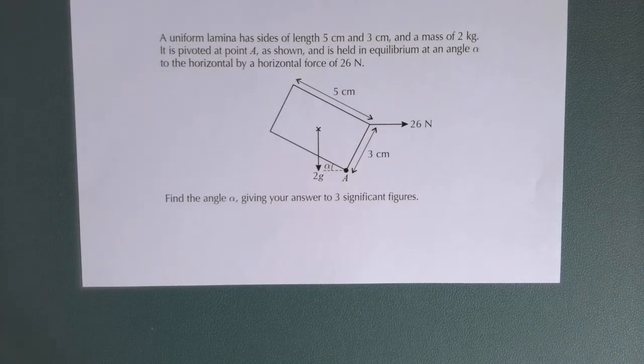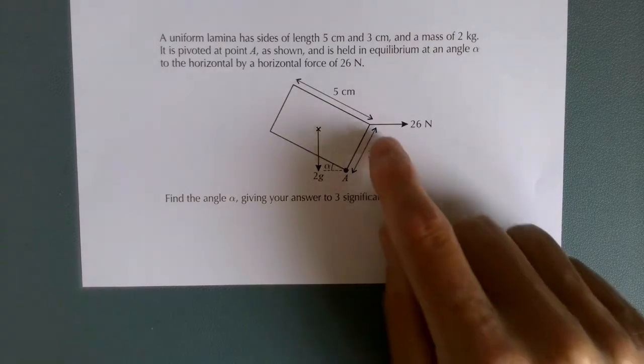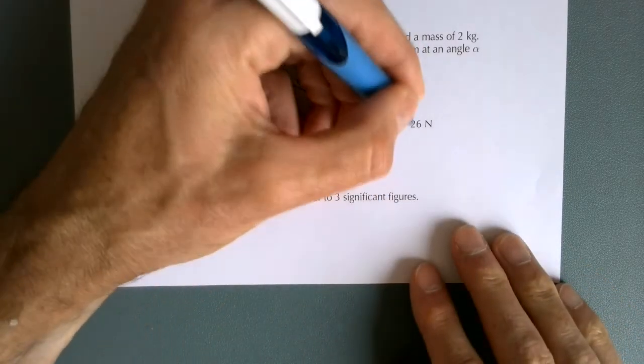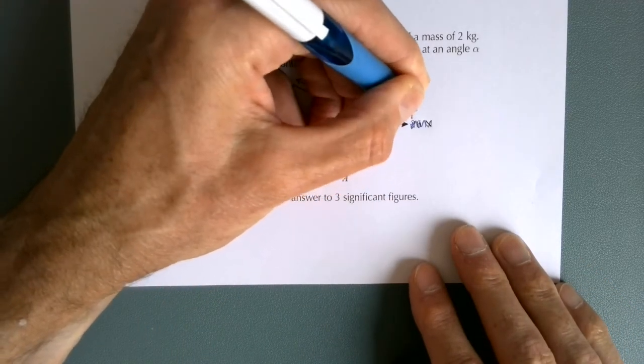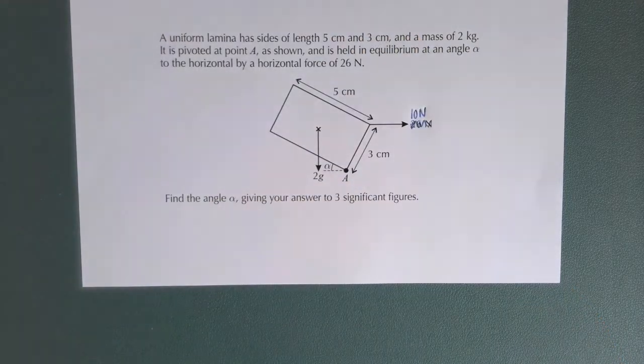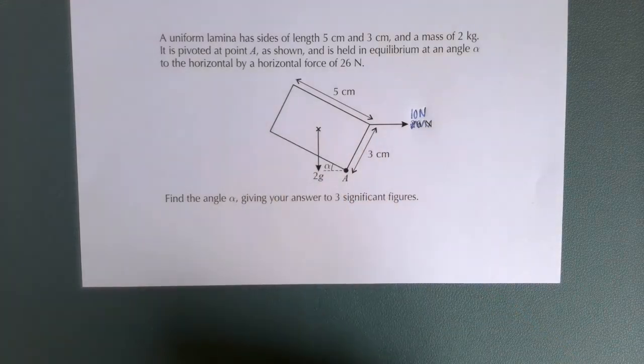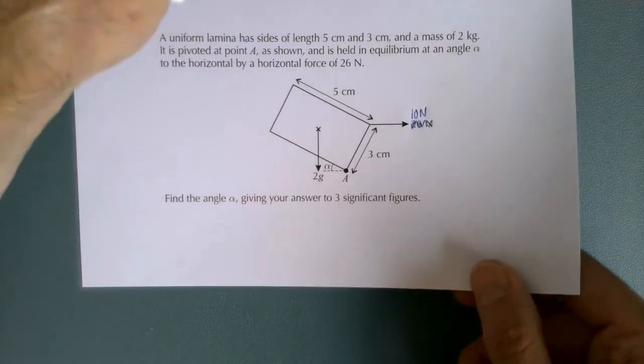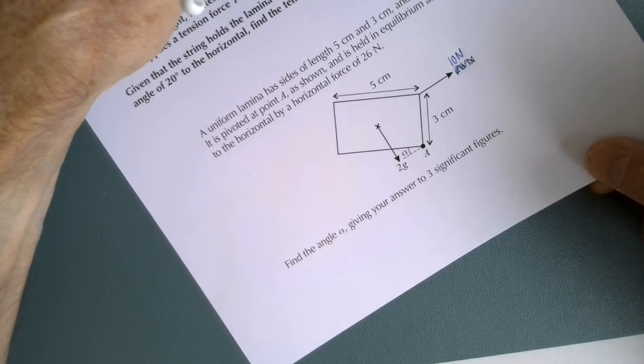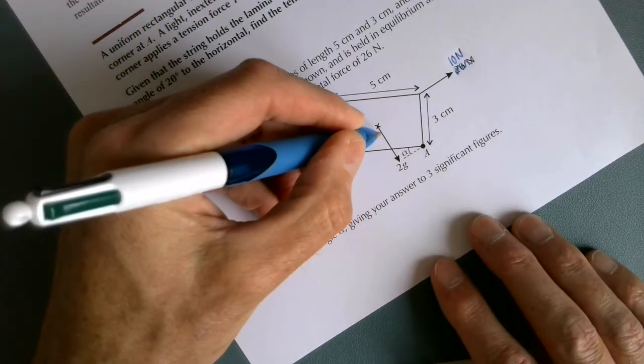Okay, so have a go at this final example. A little bit trickier because the force holding this, I'm sorry, that was a mistake I found, that should be 10 newtons. The force holding this lamina at an angle is not perpendicular to the lamina itself, so that's an extra level of complication. Remember what I recommend you do: twist it and then work out the components of this